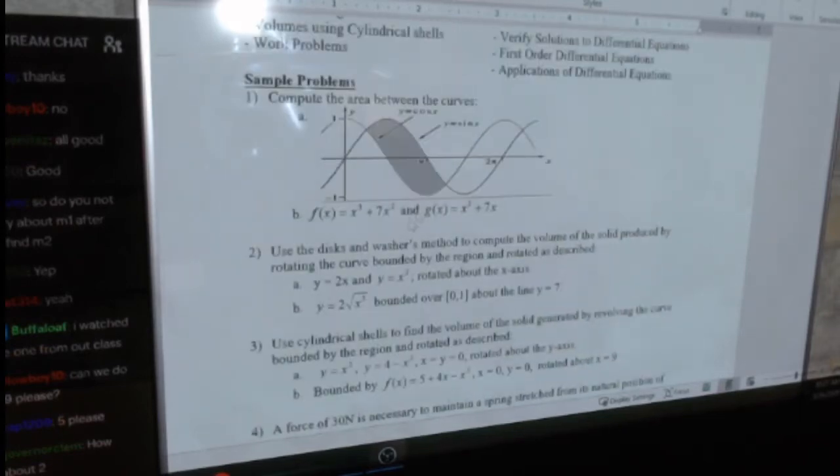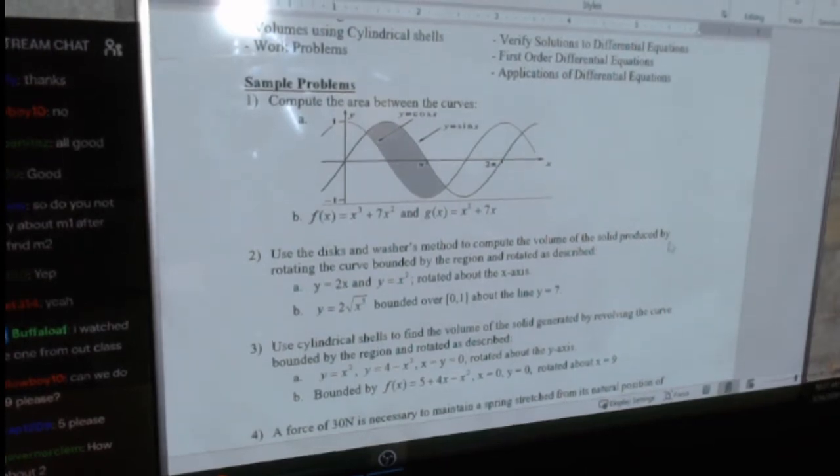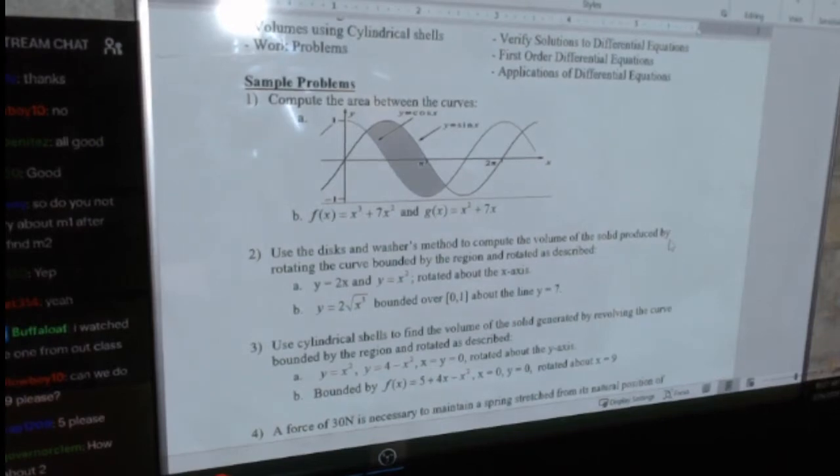And yesterday I did 1B and I believe I did not do the disc and washer methods. So I see a request for 9, 5, and 2. So 2 is disc and washer, 5 is